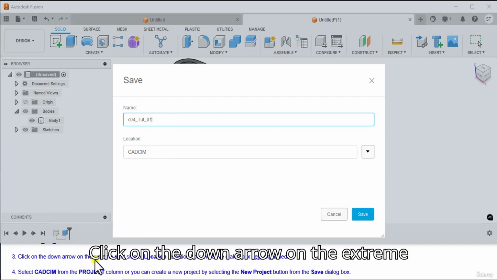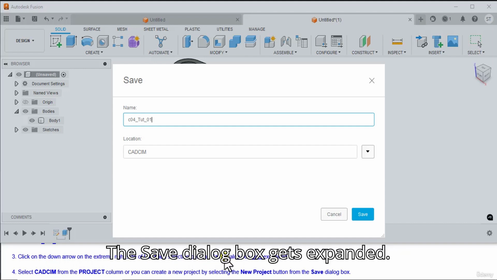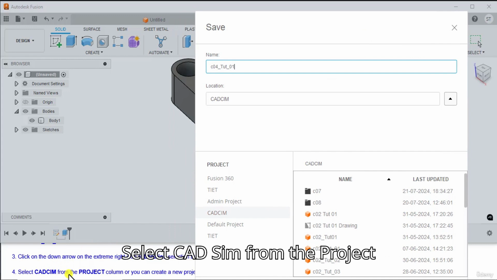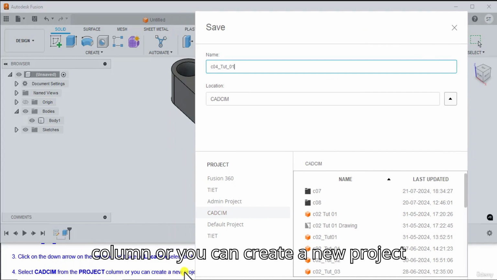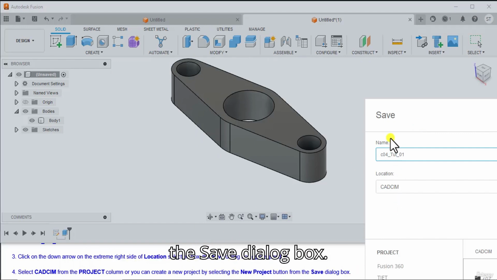Click on the down arrow on the extreme right side of the location selection box. The Save dialog box gets expanded. Select CADSIM from the project column, or you can create a new project by selecting the New Project button from the Save dialog box.